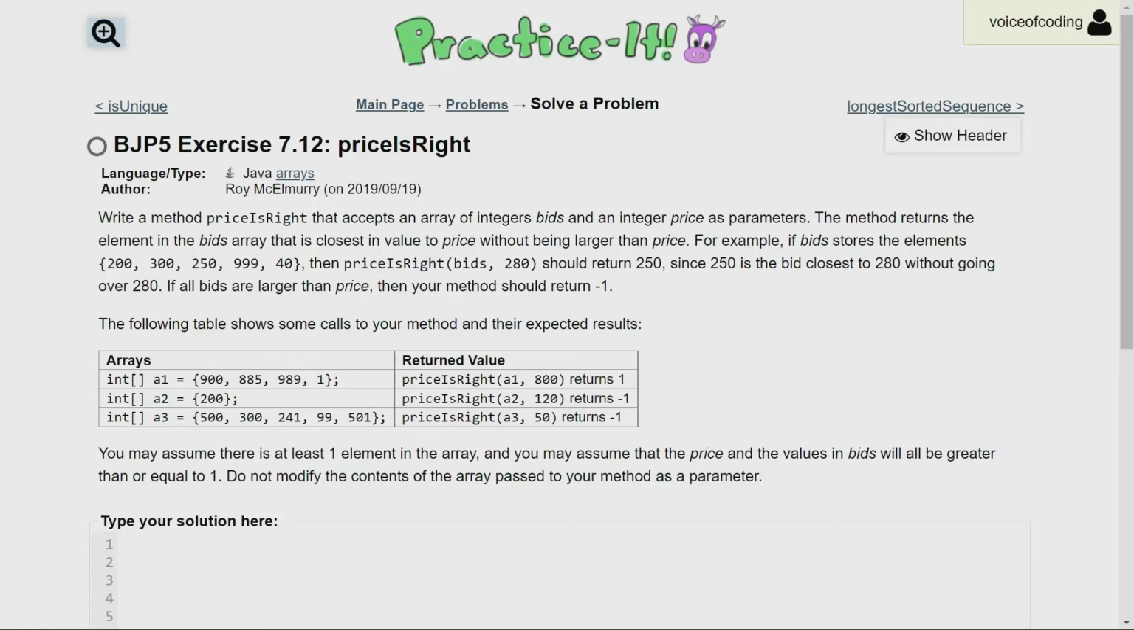Today we'll be going over exercise 7.12, Price is Right. The problem reads, write a method priceIsRight that accepts an array of integers, bids, and an integer price as parameters. The method returns the element in the bids array that is closest in value to price without being